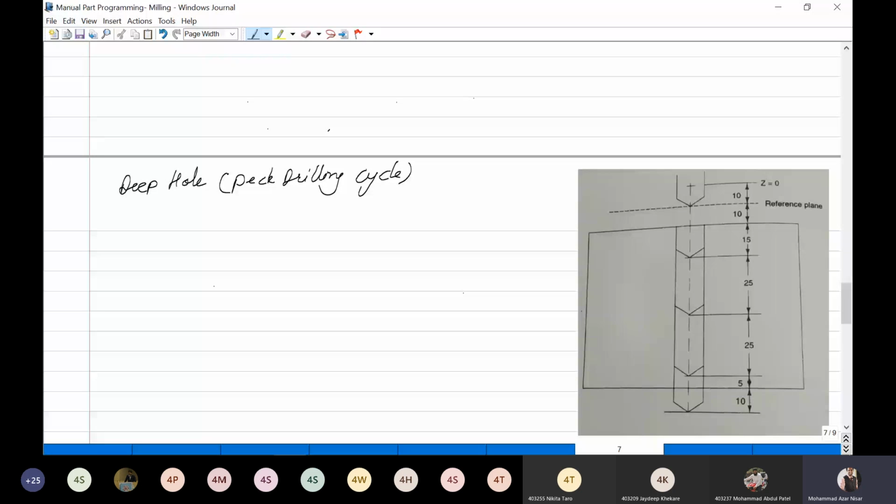First, it will drill up to this. You can see in this figure. First, it drills up to the depth of 15. Then it drills up to the depth of 25. Then it drills up to this. Then last, it will drill up to this 10. So for this,